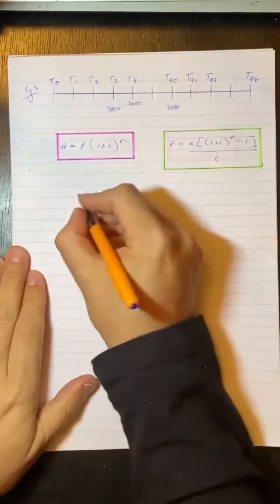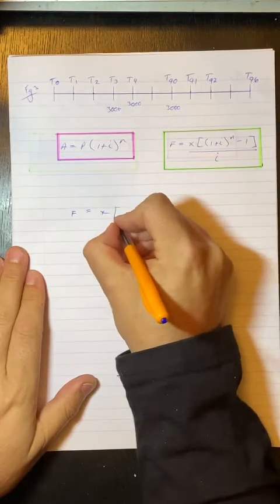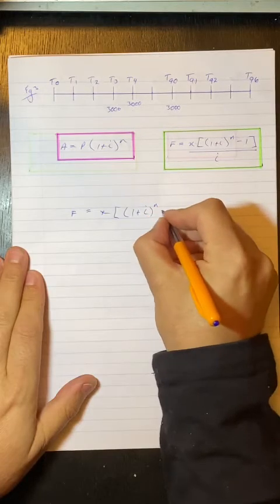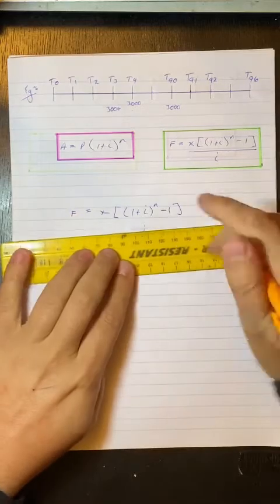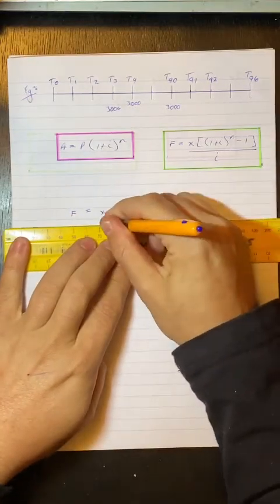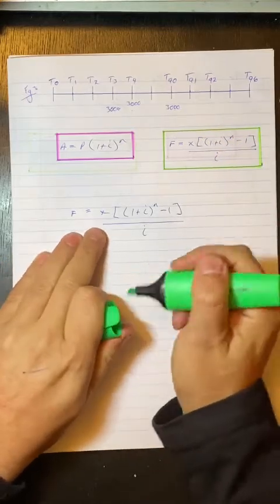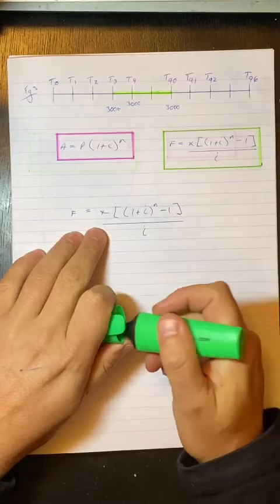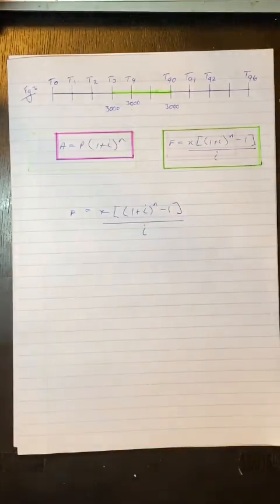So I'm going to take our future value formula, and this part here will cover all of this time period from here to here. Okay? Then, after that period,